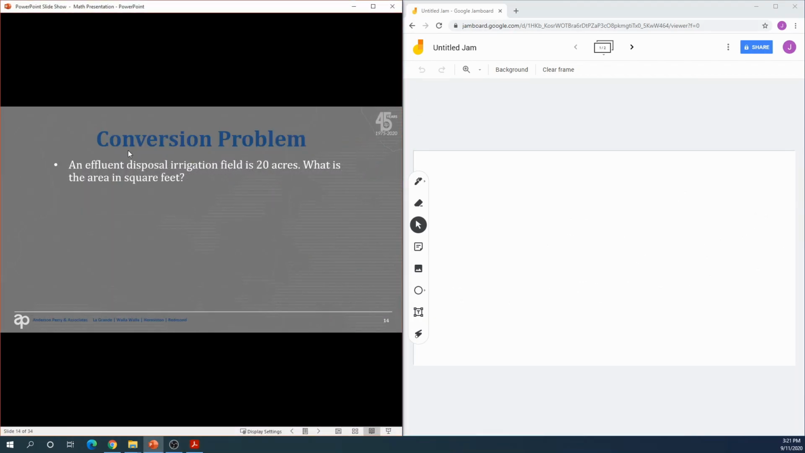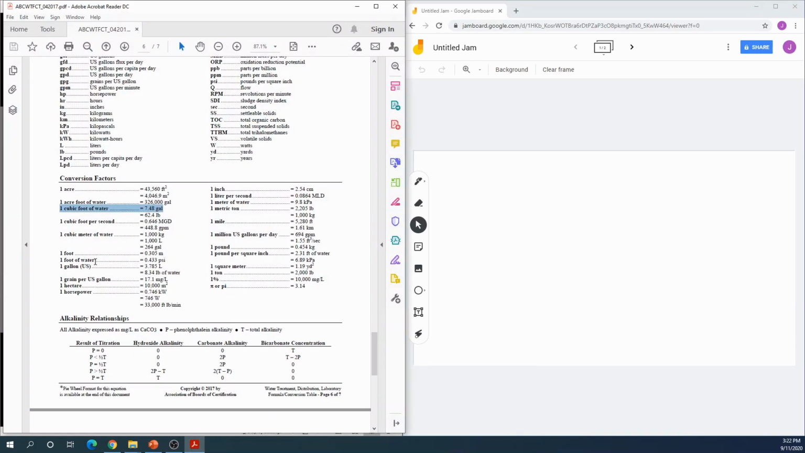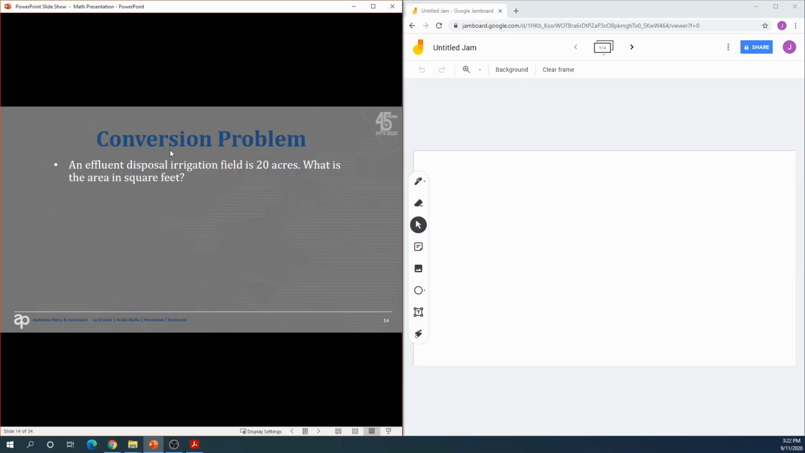So our next problem is an effluent disposal irrigation field is 20 acres. What is the area in square feet? So we're looking to go from acres to square feet. And again, here's our conversion. In 1 acre, we have 43,560 square feet. So we have 20 acres